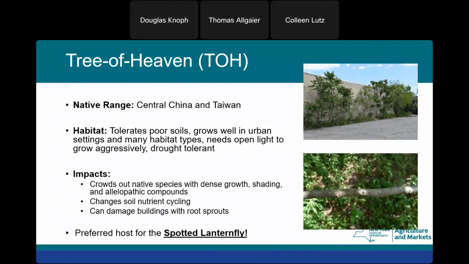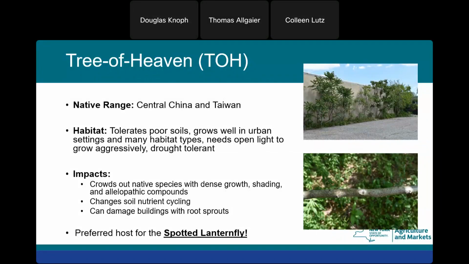You'll find it in urban settings and habitats, in disturbed areas, along construction sites, woodlots that are left to grow over, rail yards, industrial sites, cleared lots, the edges of construction areas that were left untouched. It'll often come up in those areas.